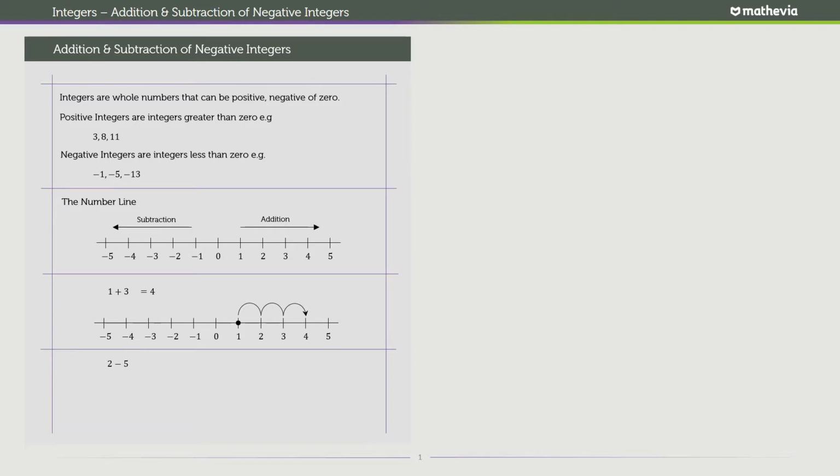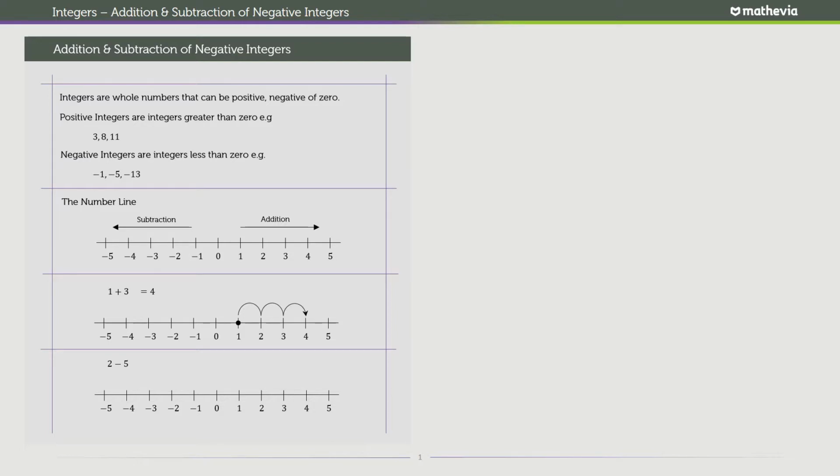All right, let's do 2 minus 5. What is 2 minus 5? Now, 2 minus 5 will give you a negative number, I tell you that. Normally you shouldn't be able to subtract 5 from 2, but 2 minus 5 gives you a negative number. You can't subtract 5 from 2. And basically from